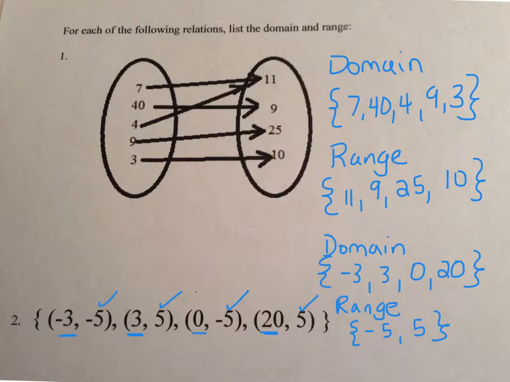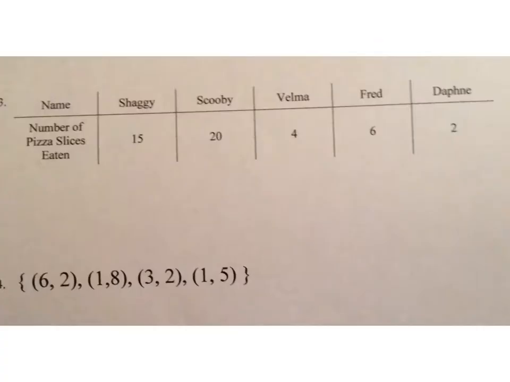Alright, let's look at another one. Okay, here I have a relation represented as a table of values. So I have the name of someone and then I have the number of slices of pizza that they've eaten. So in this case, the domain will be the names. So the domain in this case is